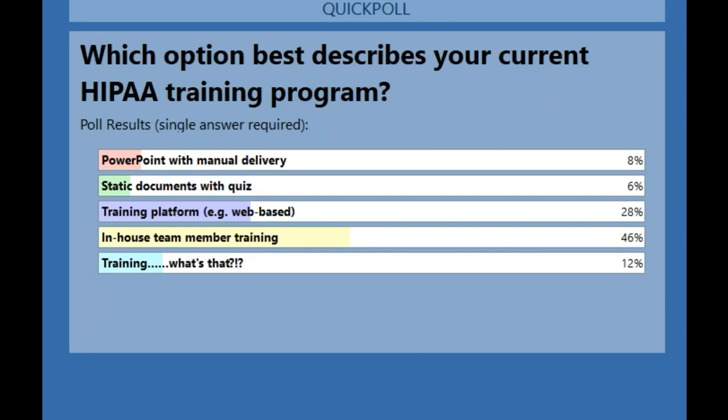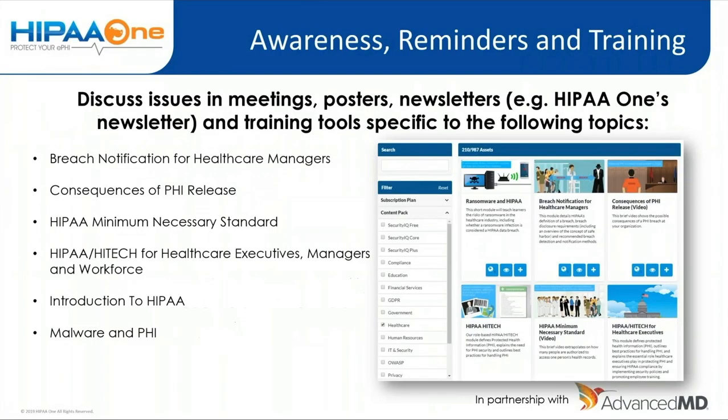So the training modules that we have talk about, okay, here's how you identify, here are the key things to watch out for. Look at the email address. Does the domain name match the name of the organization? Does the name of the person match? There's low-hanging fruit, but more importantly,